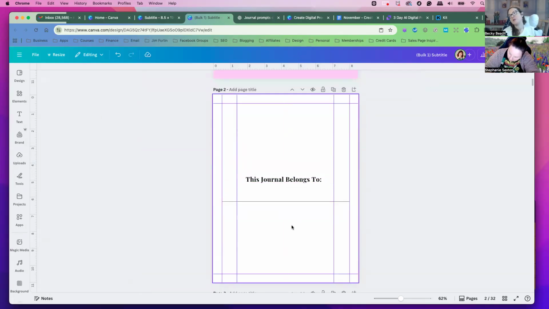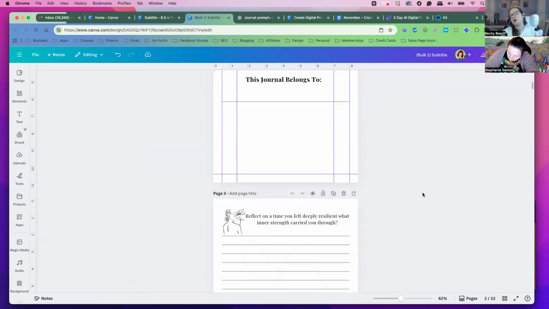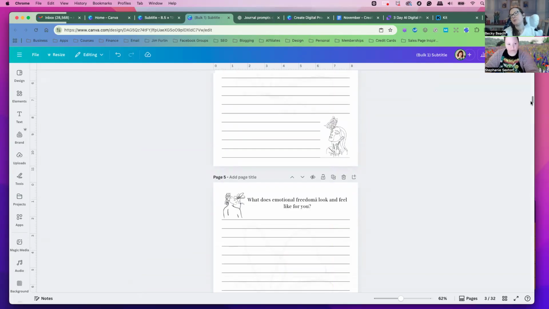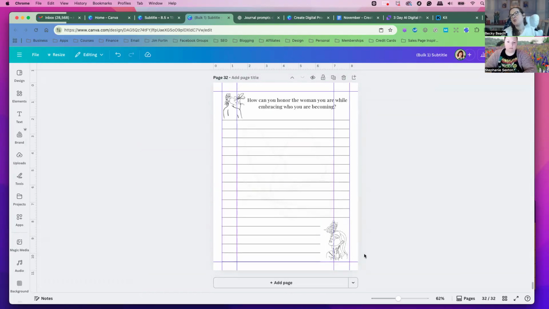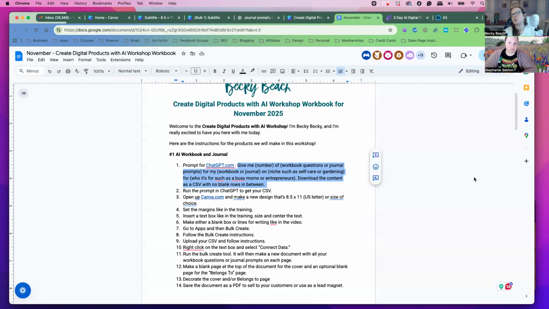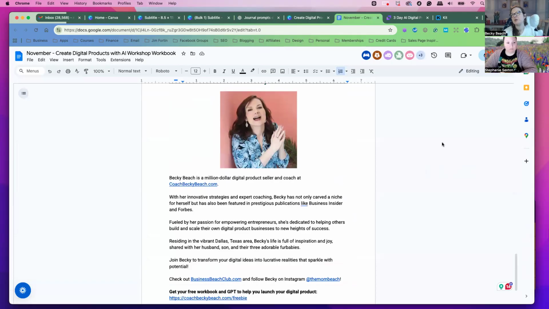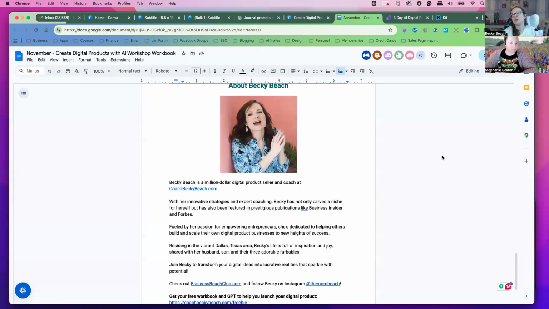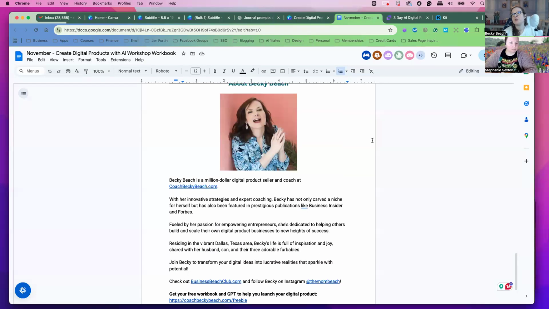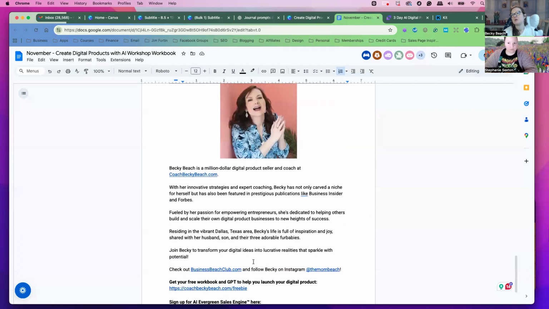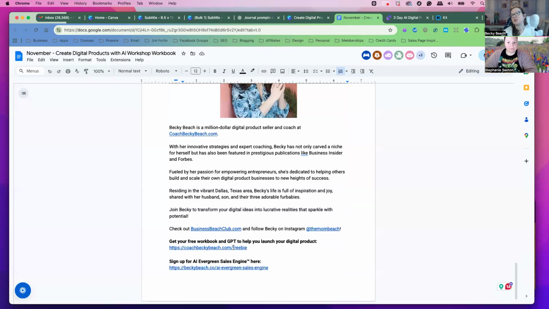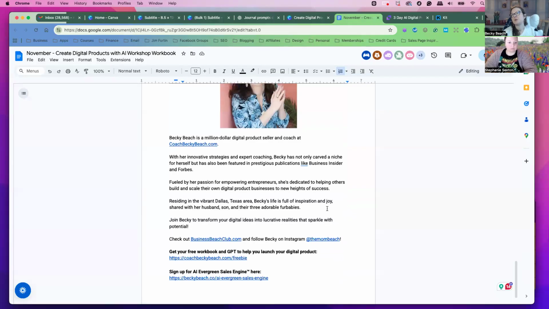And you could also do a date. And something else that would be good is you could add another page at the end and talk about yourself. Like if this is your business, add a new page and talk about yourself, kind of like what I did in this workbook. If you check, I talked about myself at the end. So you can do the same in your printables. It's always good to do that. You can put your social media links and then maybe a link to get on your list. You see that's a link to get on my list, and I do that in my printables.